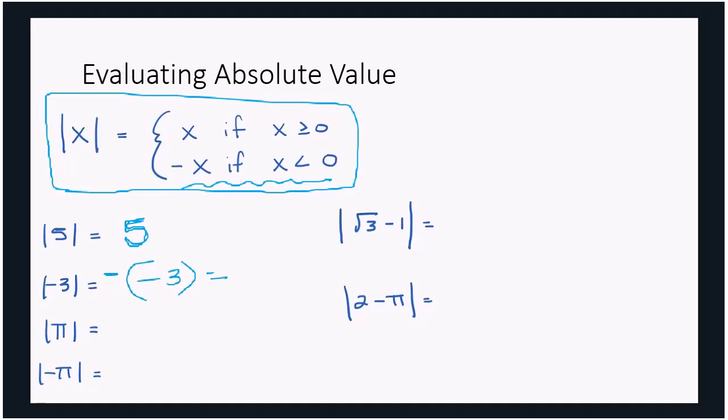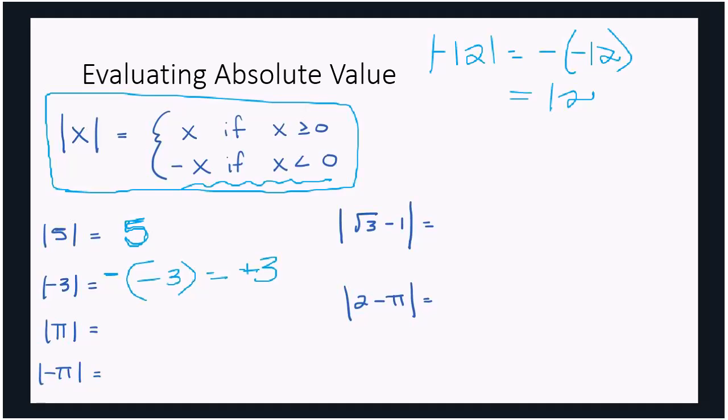And whenever I have the negative of a negative, that's going to give me a positive. So the absolute value of -3 is going to be -(-3), which is +3. So if I had, let's say, the absolute value of -12, I'm having the absolute value of a negative number, so I'm going to put -(-12), which the negatives cancel out, so my absolute value is going to be +12.